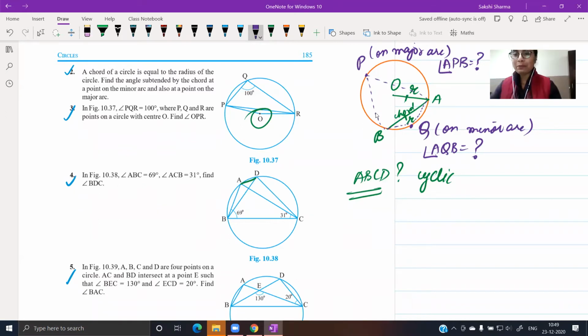So we shall be going back to this fact that the chord is actually equal to the radius of the circle, and we would like to apply degree measure theorem here. So degree measure theorem apply करने के लिए मुझे दो चीजों की requirement है. I want to find out what is the angle subtended at the center and the angle